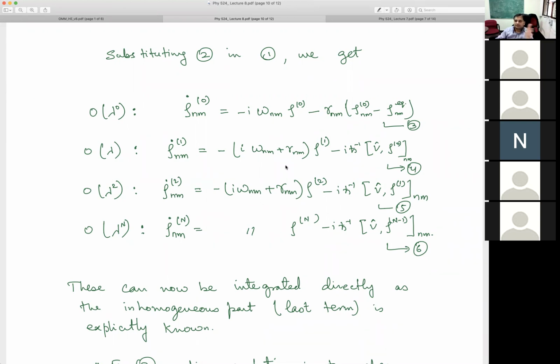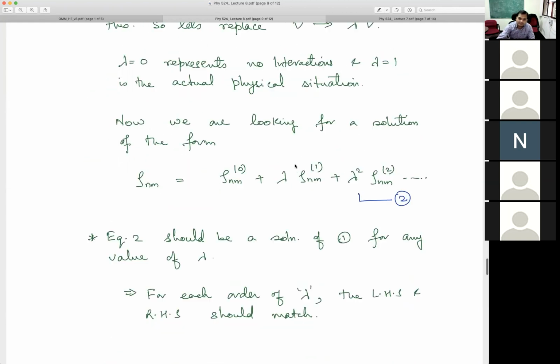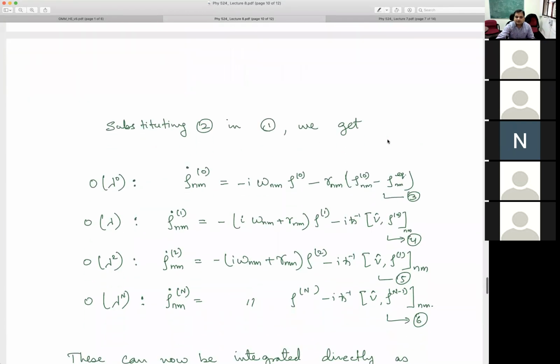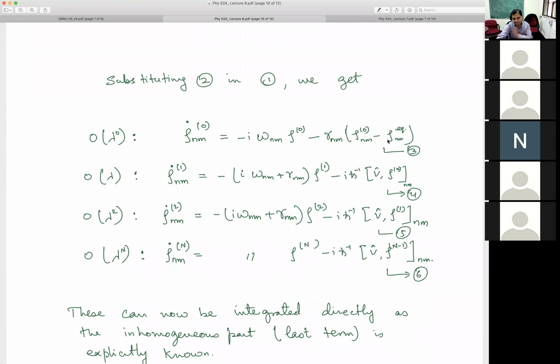And this is how you will do a perturbation series for any sort of coupled differential equations, basically. Here I had the equation of motion for the density matrix, which is like coupled equations for each matrix element. So for any set of coupled equations, classical or quantum, if I have to do a perturbation theory, this is roughly the technique. The interaction term I will write as lambda V, and then I'll expand both sides in powers of lambda, and then try to match the powers of lambda. I have to set the coefficient of each power of lambda to 0. That will give me this set of equations.